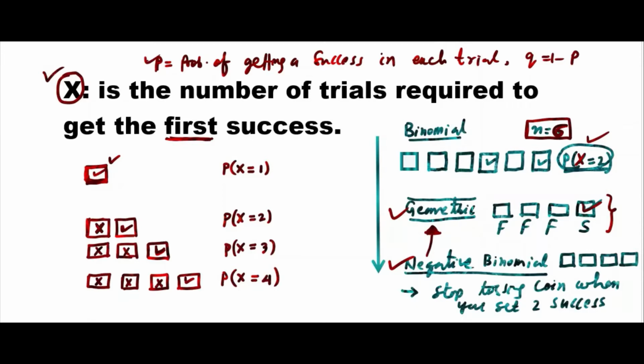So what is the probability that you will get the success in the first trial? X is 1 means in 1 trial you got success. I told you to toss a coin and stop when you get a head, and you said, okay, I got the head now in the first trial. What is the probability before tossing? What is the probability that you get a success in the first trial?